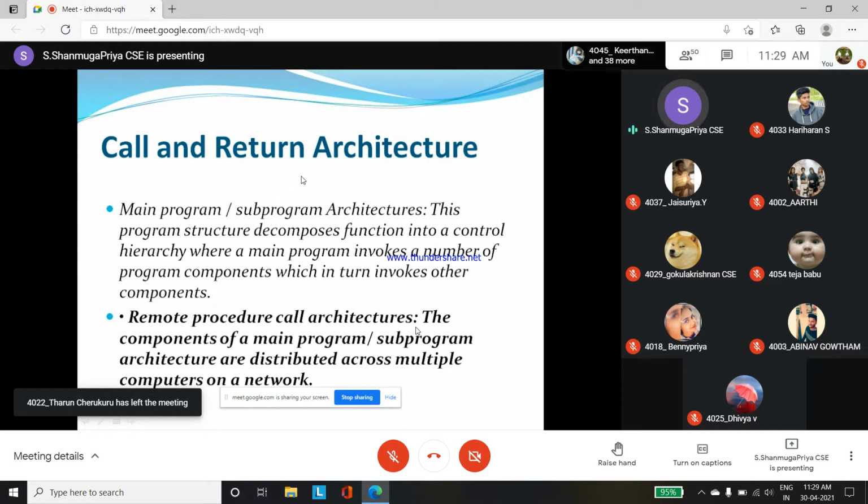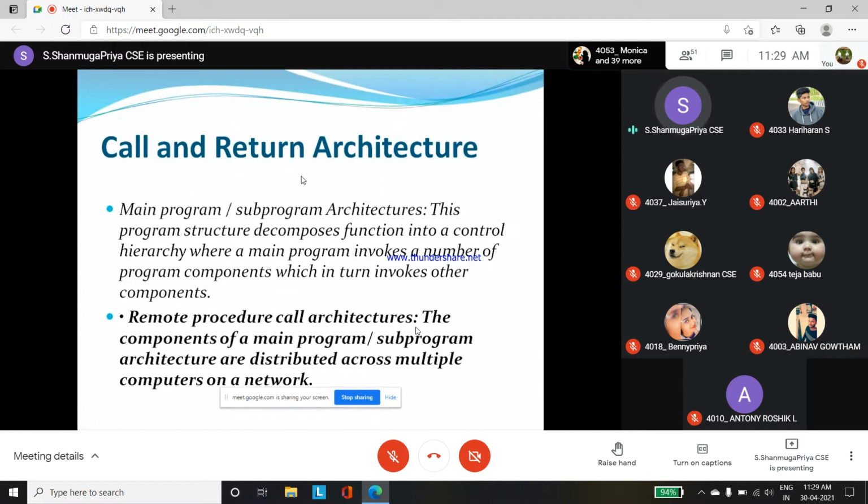A simple example is if you are using multiple computers on a network. For example, in the banking sector, take SBI Bank, which has so many branches all over India. They will access a particular server. At a time, all the branches and all the employees of SBI Bank will access the server and do whatever they want.